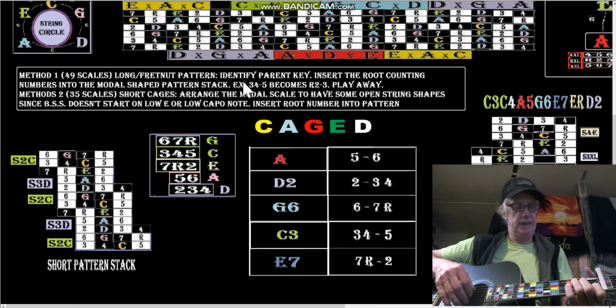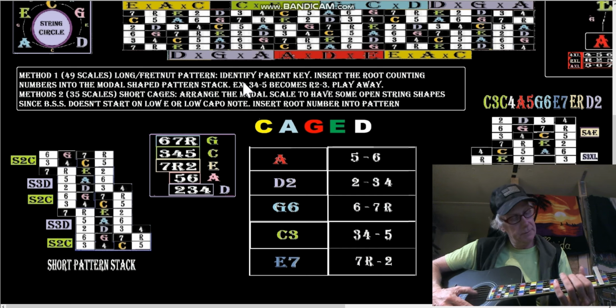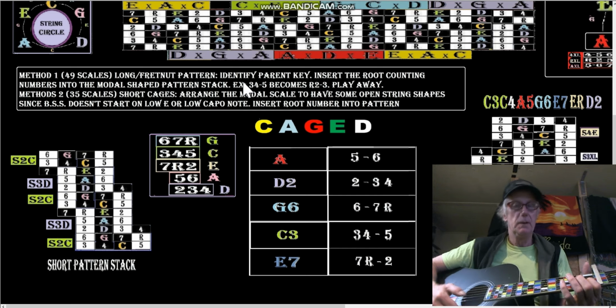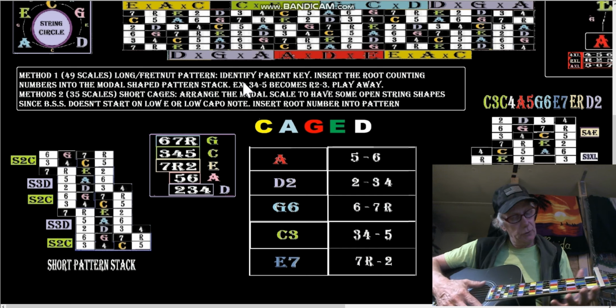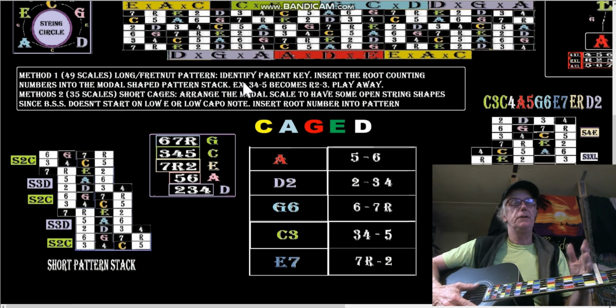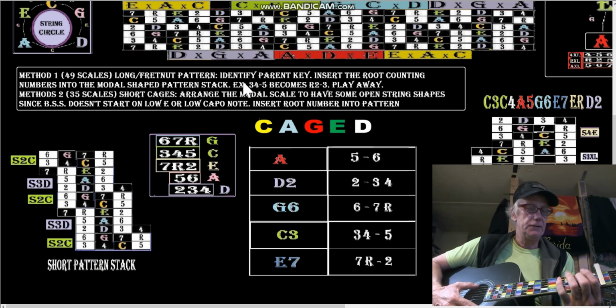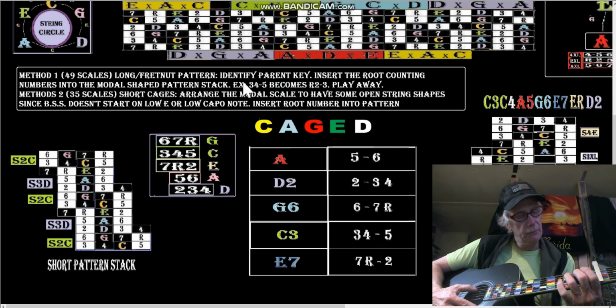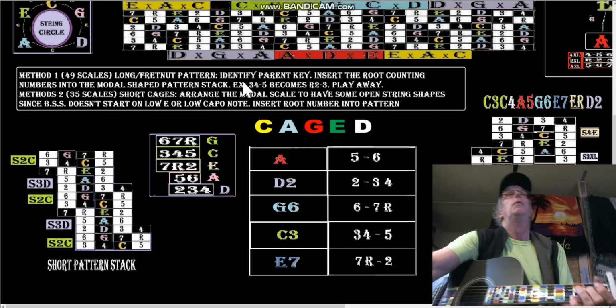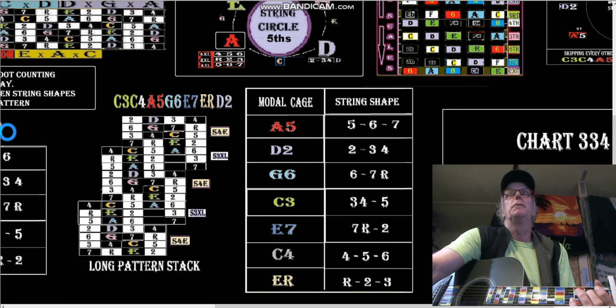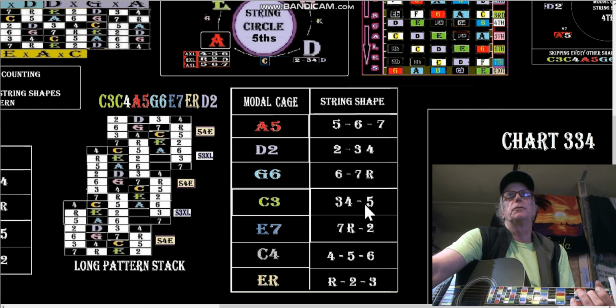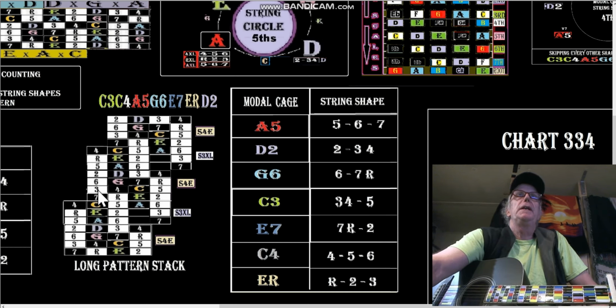The first mode in the key of C is the C major scale, which would be Ionian, and then the Dorian, and then the Phrygian. So the Phrygian, instead of going 3, 4, 5, 6, 7, root 2, 3, over here we're going to need this right here. So we're on Phrygian 3, 4, 5. We're going to replace this 3 with a root. So when we want to play in Phrygian